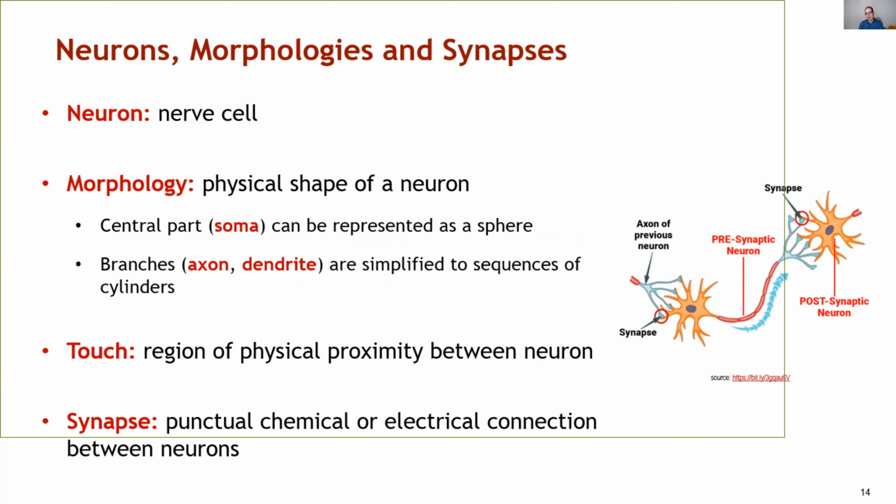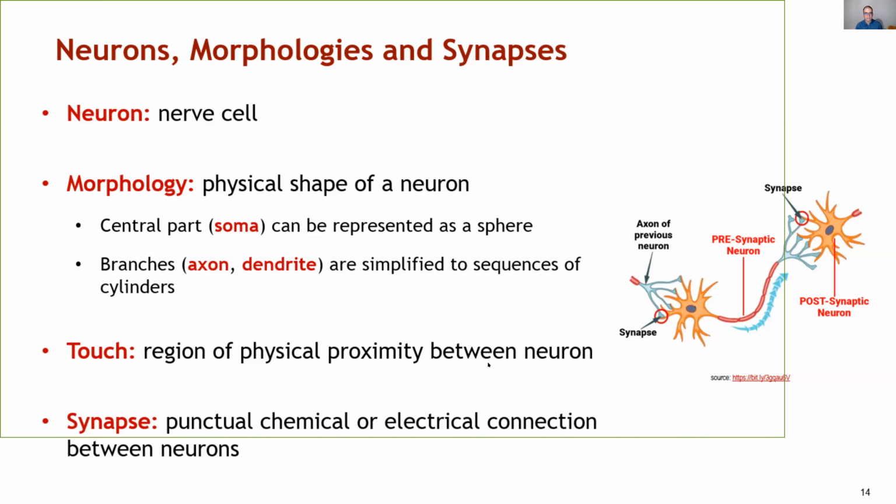Then whenever a morphology comes up, that's basically just the physical shape of the neuron, so how the tree structure looks like. And there we have a central part, a soma, that's represented here by black dots. And then we have branches, mainly axons and dendrites. And as you can see here on the right, we have them kind of color-coded. We basically have these blue branches of the axon, and they touch the dendrites, and there's a directionality to all these connections. So we have one side that is emitting touches and the other one that is on the receiving